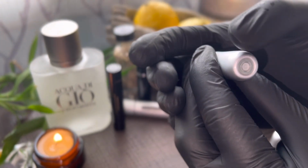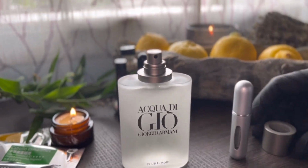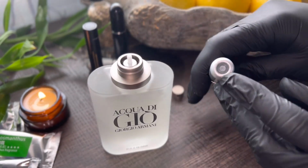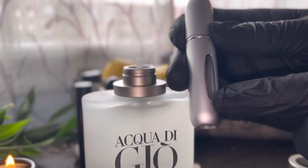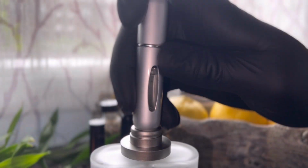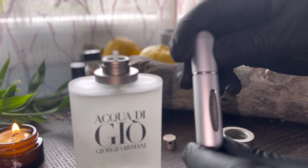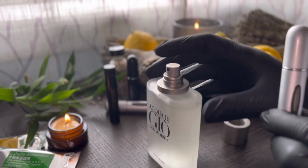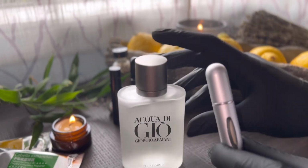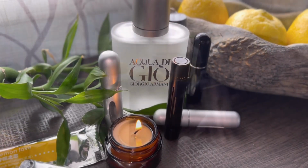All right, so you got that in the bottom. I couldn't help it, I just had to explain. All right, boom, remove the cap. All right, now you see where the connection goes. There it is. And it's gonna just show you how much you're filling up. And so you'll know when it's in the top. And that's cap, boom, spray, all right. Oh, it just sprayed too, look at that. All right,